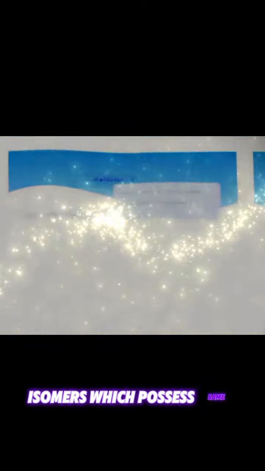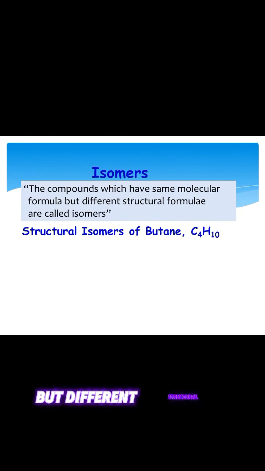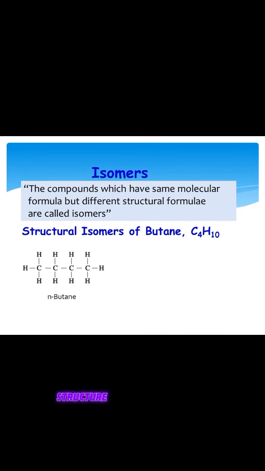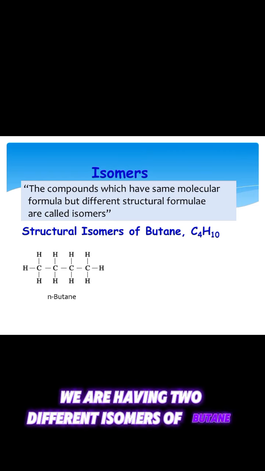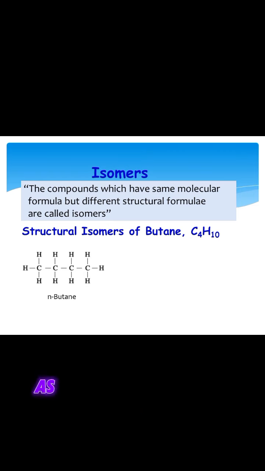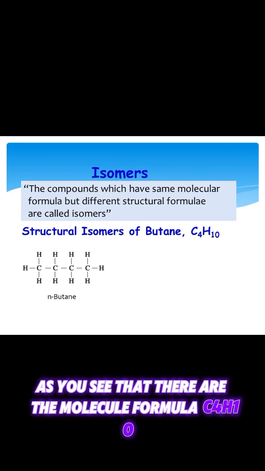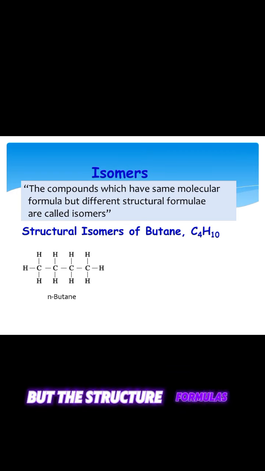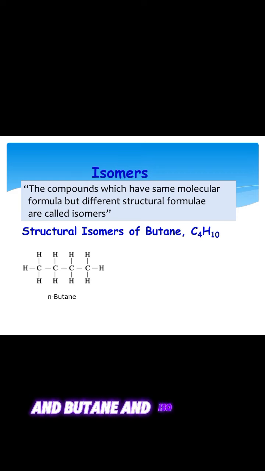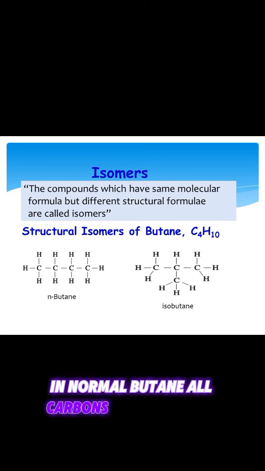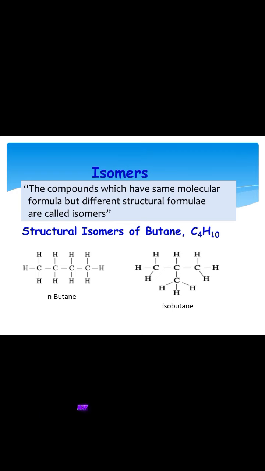Compounds which possess the same molecular formula but different structural formulae. For example, we have two different isomers of butane. One is normal butane. As you see, the molecular formula is C4H10, but the structural formulas are those of n-butane and isobutane. In normal butane, all carbons are arranged linearly, but in isobutane, one of the carbons is basically